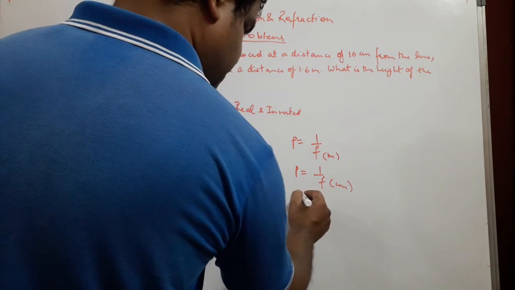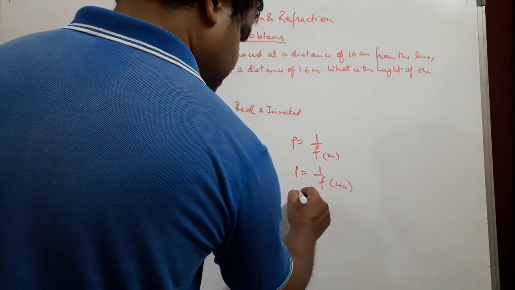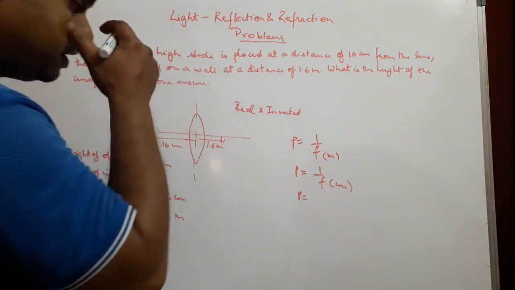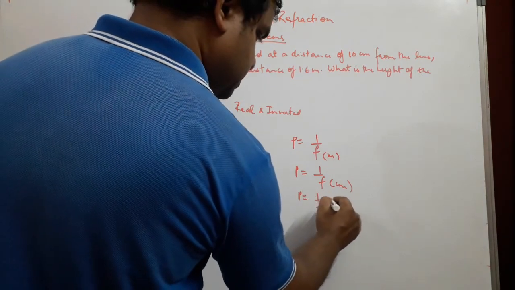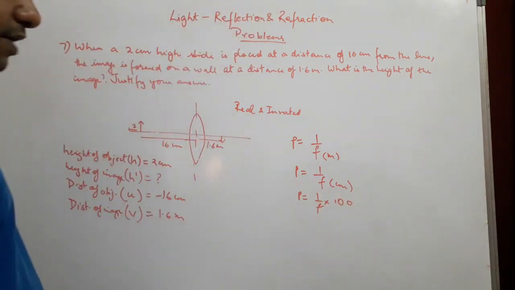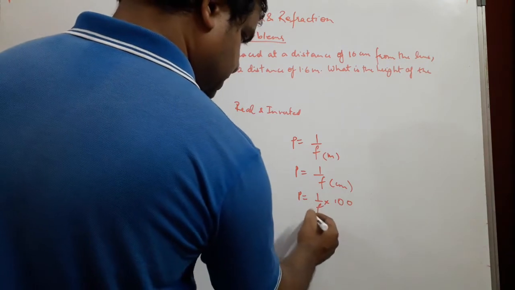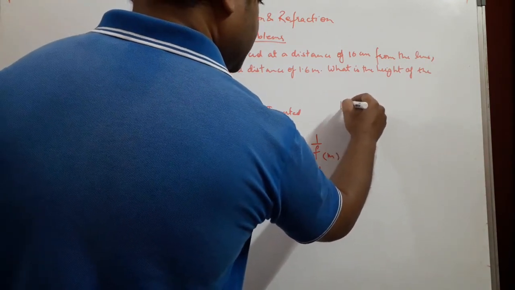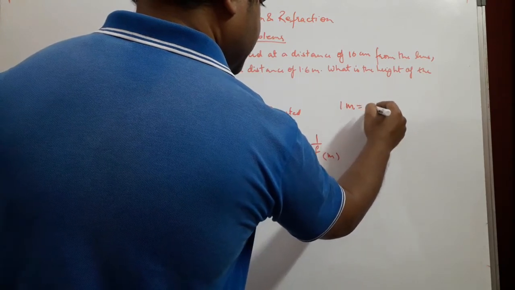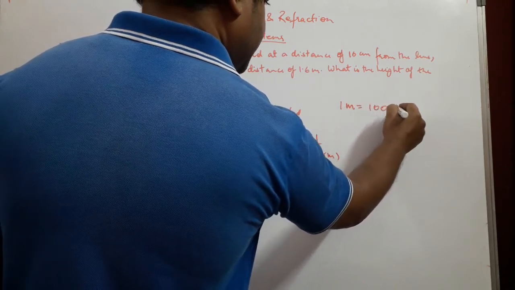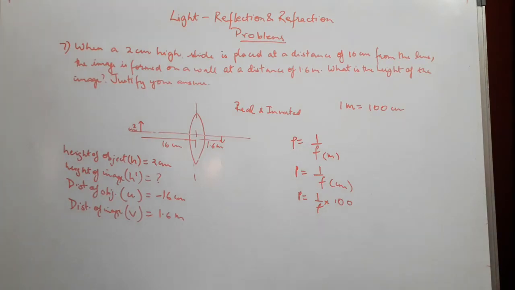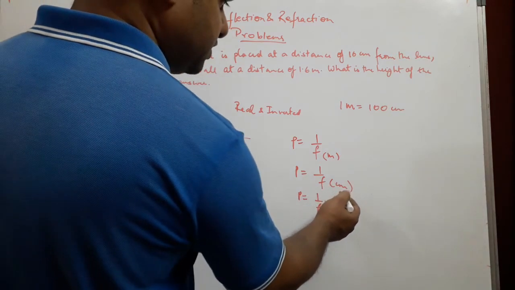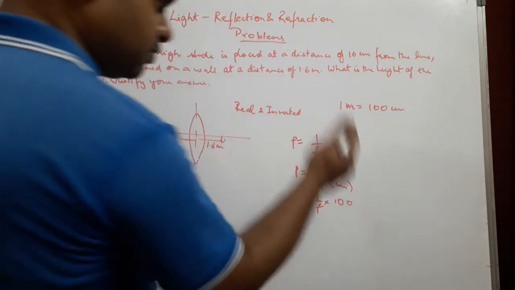So for that, what we do is we multiply this with 100. Actually, what really happens here is that 1 meter is equal to 100 centimeters. Okay, 1 meter is equal to 100 centimeters. So in this case it becomes the reverse. What happens here is 1 centimeter